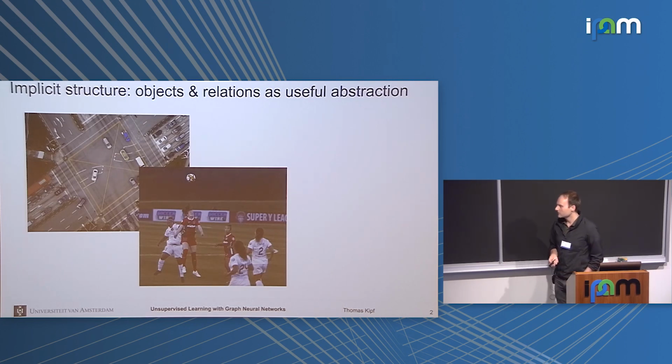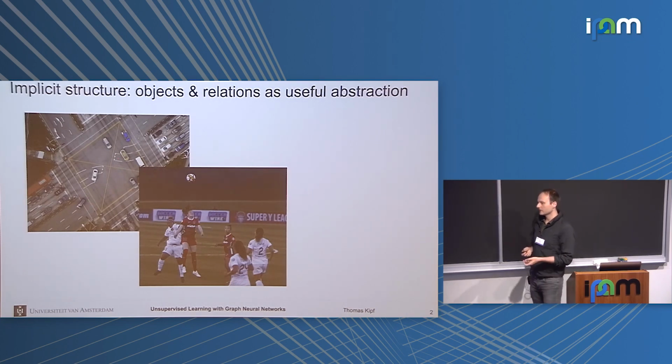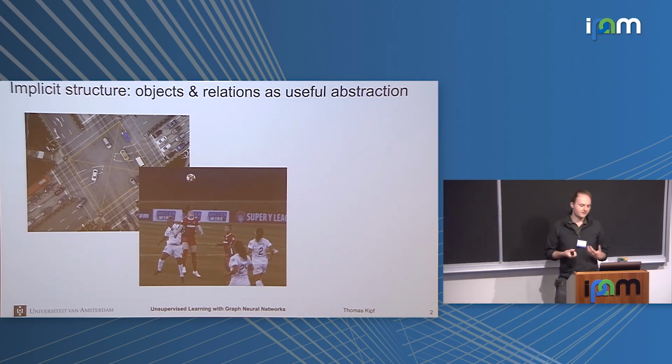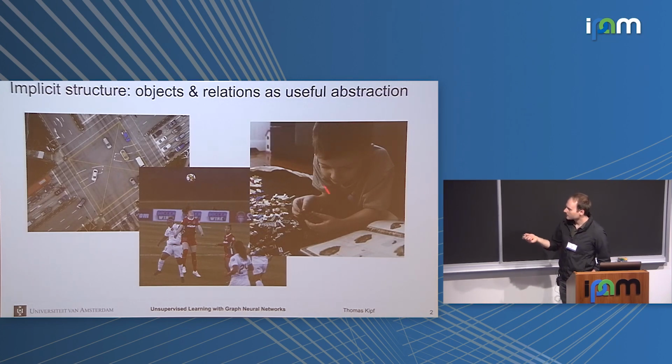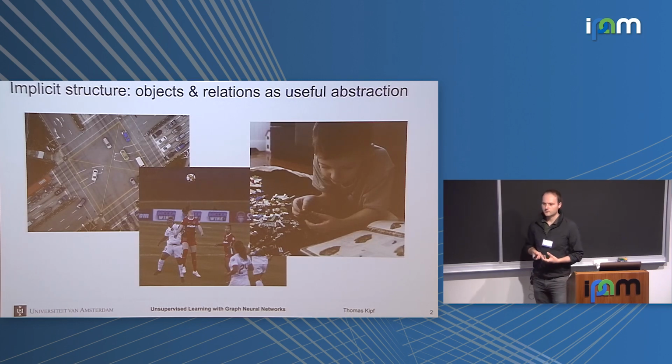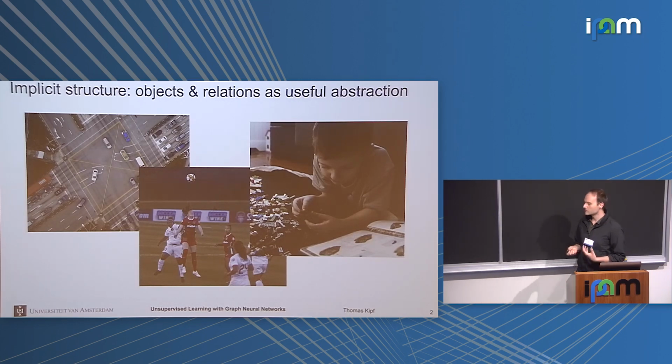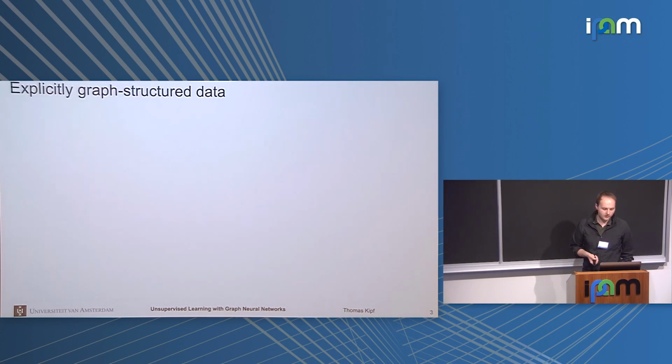Similarly, if you look at this picture, you have a sports scene where everyone is fixated on the ball. You easily recognize different objects or different people and how they relate to each other. Or similarly, if you try to understand what is going on here, there are many Lego blocks, and you can think of how to put them together, and you easily understand the relations between things. So this kind of world understanding in terms of objects and their relations is a very useful way of abstracting things for learning.